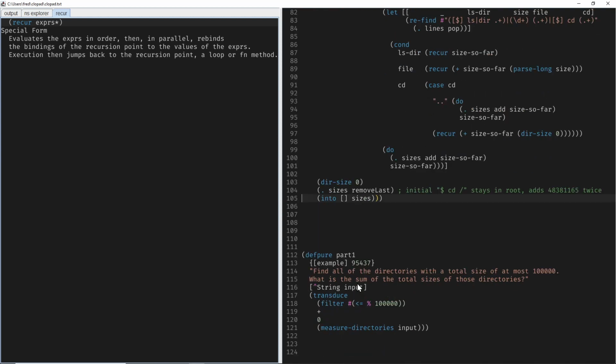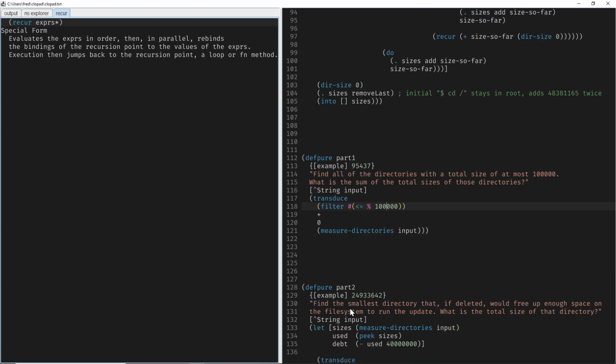Right, and then part 1 is simplified a bit, so we start out with a vector of numbers. We don't have to map anything, we only have to filter for the ones that we're interested in, at most 100,000, and the rest is just simple addition. And for part 2,